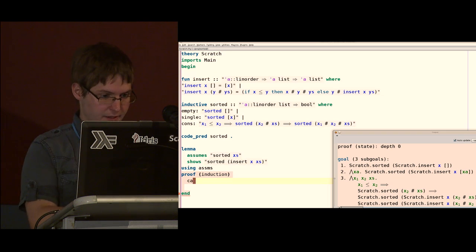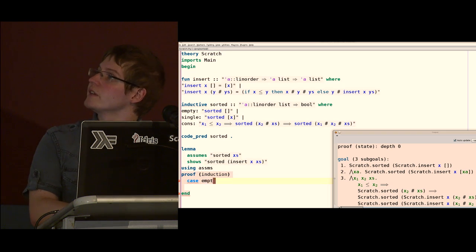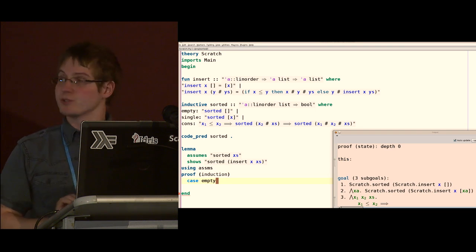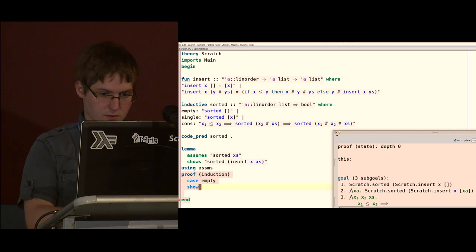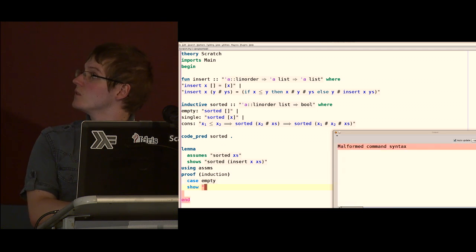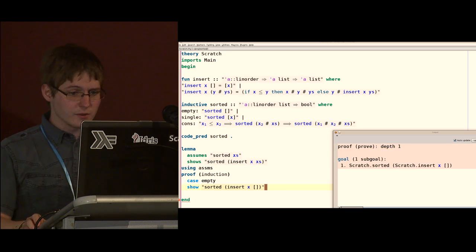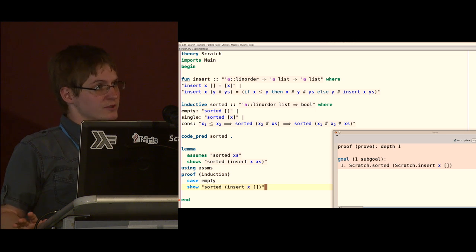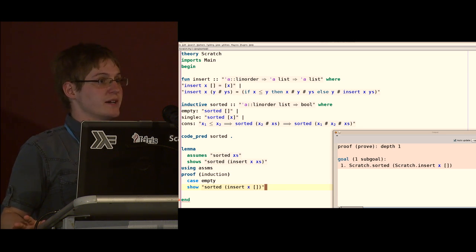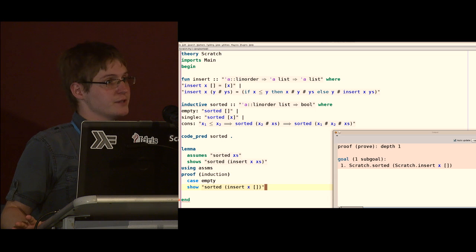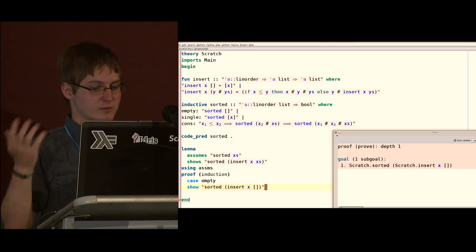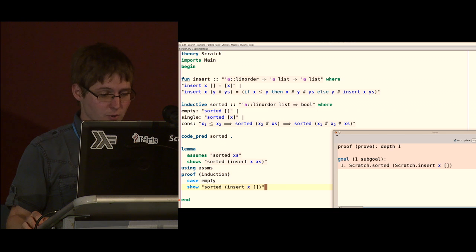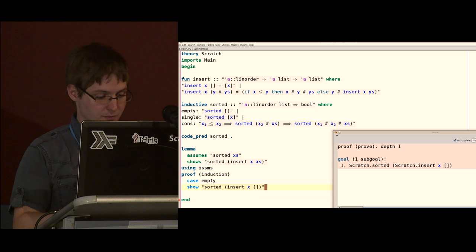So we can say case empty, and now the goal is switching again. So we say we want to show that sorted insert. So if you insert x into the empty list, it should be sorted. And Isabelle comes with a thing called tactics. So you can apply kind of functions on the subgoal, and it will try to simplify the subgoal, or sometimes even solve it completely. One of the most famous tactics is the so-called simplifier, and it will just try to unfold some definitions. So you can say apply simp,